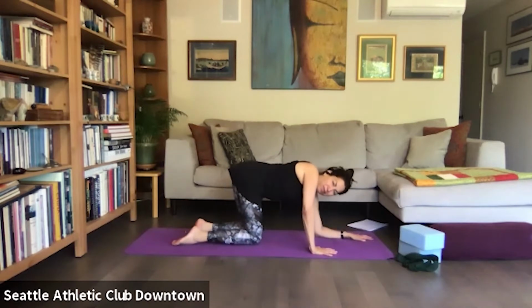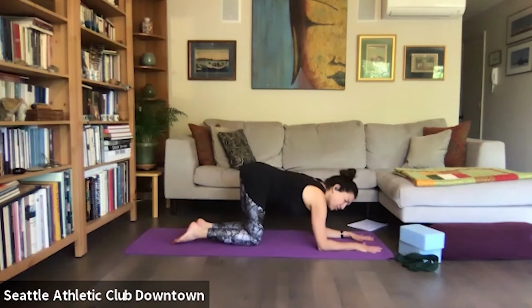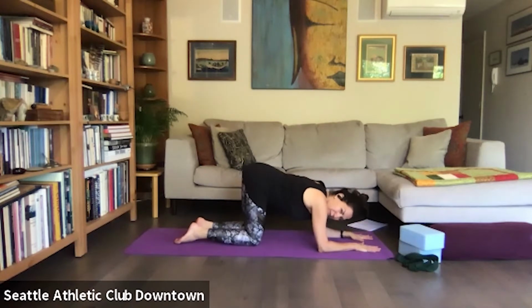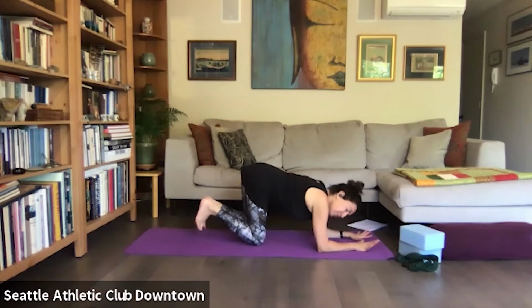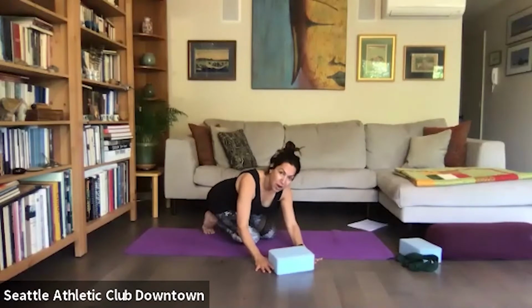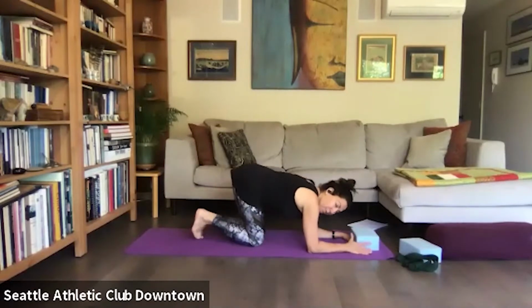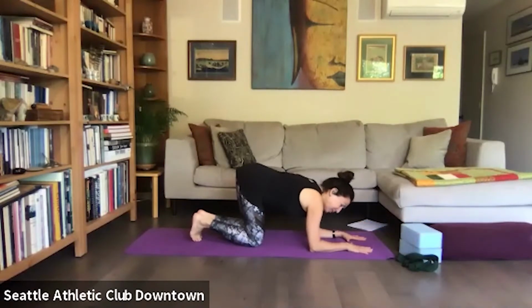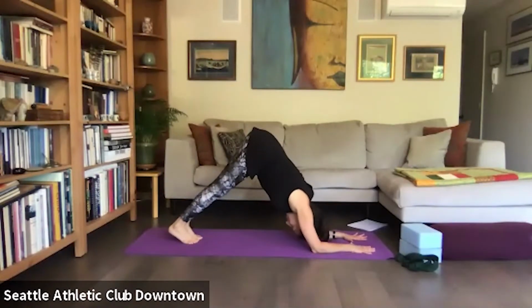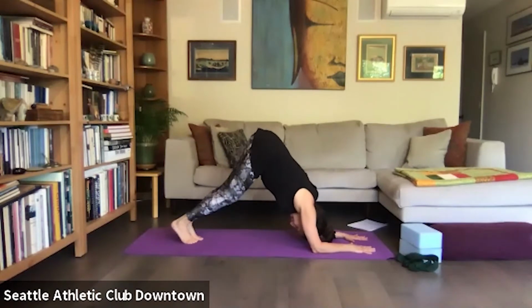So I want to do dolphin, and there's some strength involved here, right? So if you ever wanted to modify, sometimes it's clasping hands, sometimes just going back to downward facing dog. So if you can, think of this, your hands are one block width apart. I'm not going to keep my block in place, but that's something I'm aiming for. And then you extend. And hamstrings, say hello to your hamstrings. Okay, so you're pedaling back and forth,